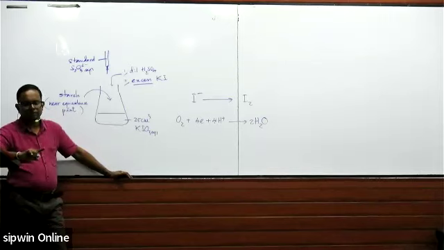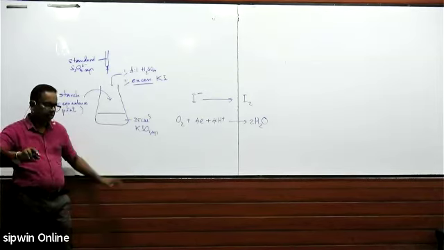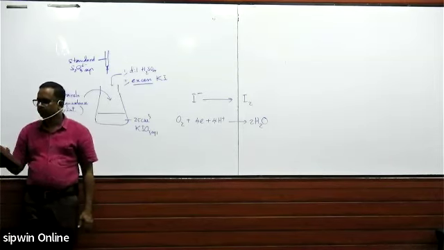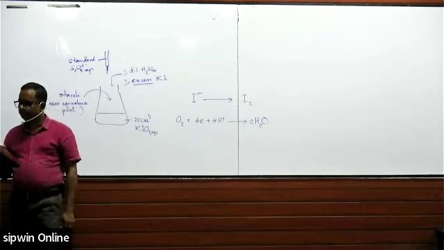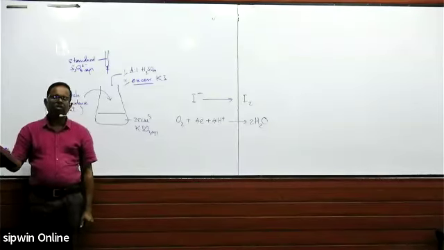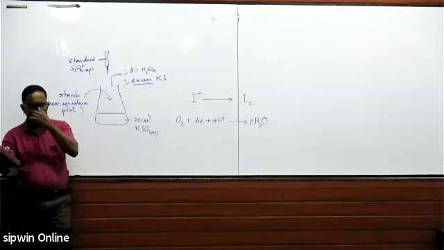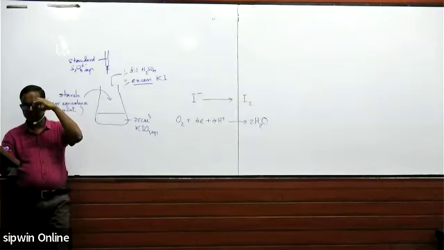Full stop. Starch forms a permanent complex when the iodine concentration is high. Therefore, starch is added